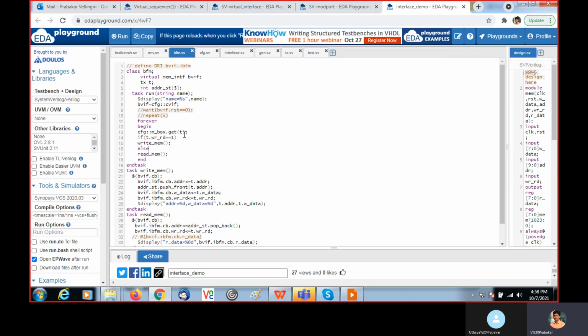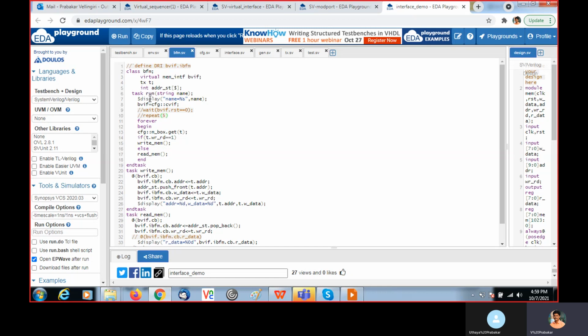It should convert the transaction signals into interface signals. That means it should drive the signals to the interface. So I need to access the interface handle here inside the BFM. So I declared a virtual interface handle as DVAF. Virtual interface handle. For this handle, I need to get the actual interface handle stored in the CFG.